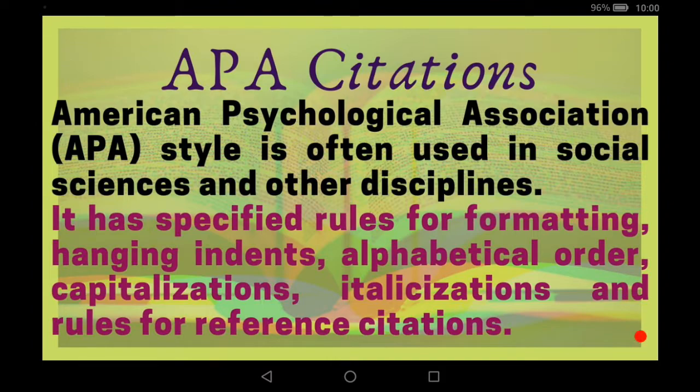So APA citation, the American Psychological Association style, is often used in social sciences and other disciplines. So it is also used in some other disciplines. It has specified rules for formatting, hanging indent, alphabetical order, capitalization, italicization, and rules for reference citation. It follows a particular structure and a particular order, and it is generally used in psychology and other social sciences